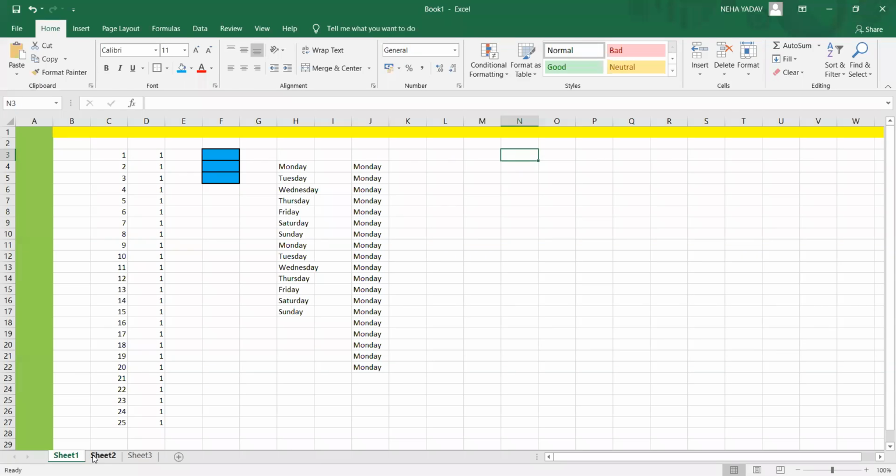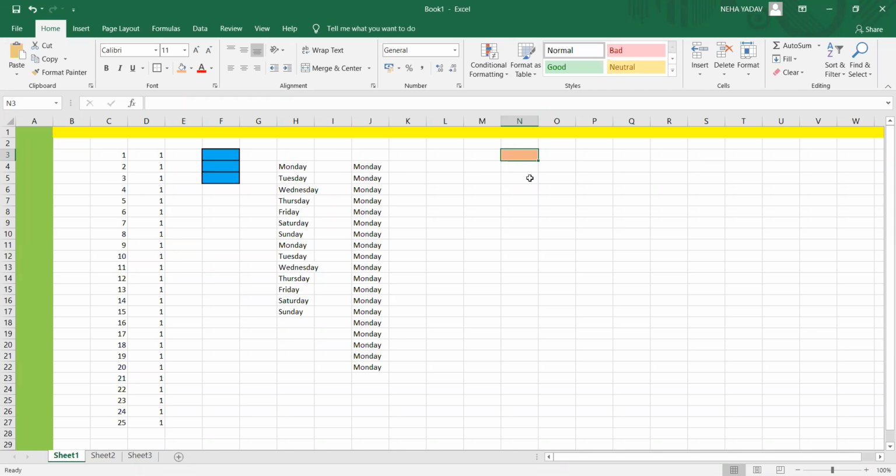So cell, number one. A cell is the smallest unit, as I told you. To be more precise, a cell is an intersection of your column and row. Right now, I have selected this particular cell. Let me color it with some orange color. This orange cell is an intersection of column N and the third row, so the name of this cell will be N3.